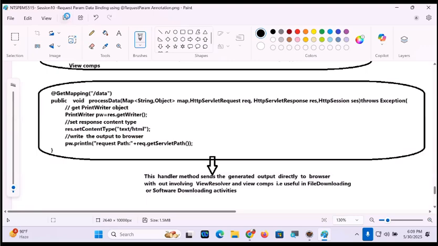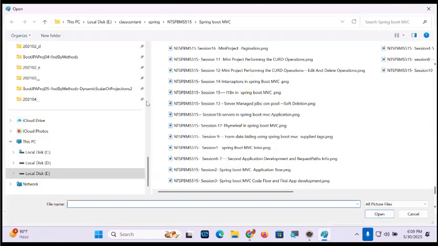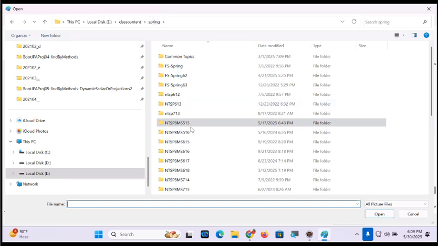Okay. With this, the simple fundamentals related discussions are completed. Now time has come to go for mini project development by involving all the concepts that we learned so far.